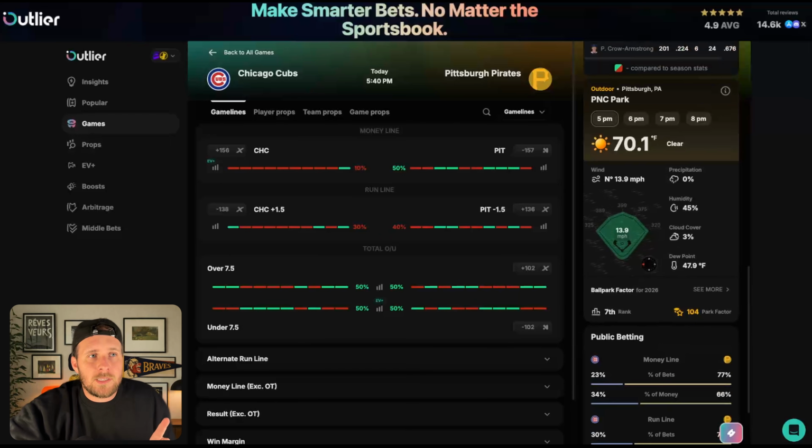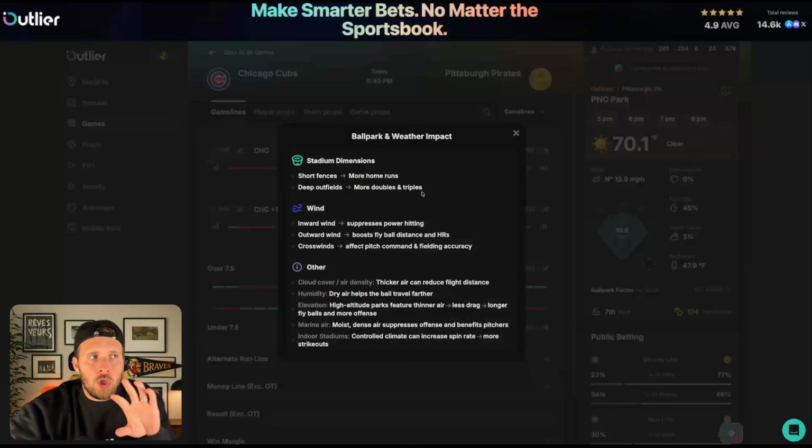So now you can see here, wind blowing out at 14 miles an hour, blowing out to right field, giving left-handed batters a huge advantage in this matchup. And again, it's not only the wind of this matchup. You can see the precipitation, there's no percent chance of rain, and then even humidity, cloud cover, dew point, all of that goes into what this ball can actually do. So if you click this information button, you'll have all of this there, such as the stadium dimensions,